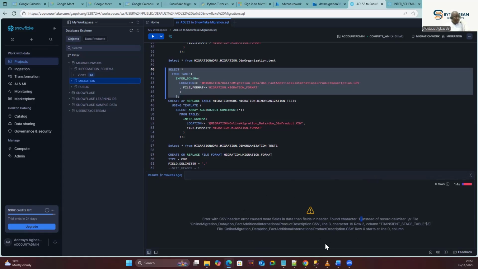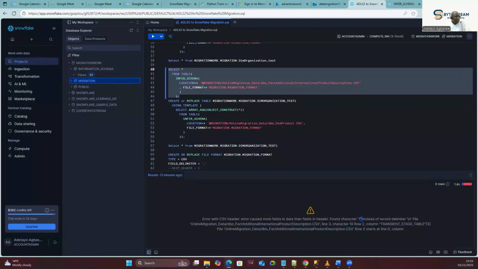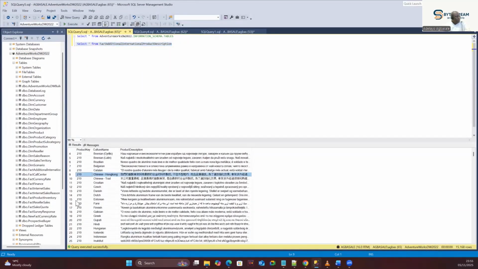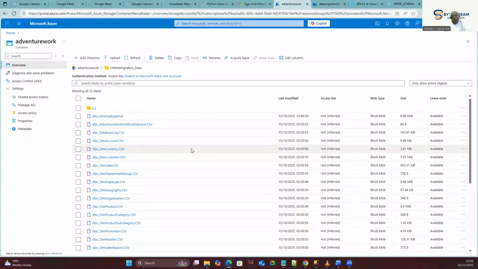So if you try to open the file, you can't open the file, but we can just query it. On the 18th row, 19th row, somewhere around here, it's finding another character instead of the delimiter. But if you try to open it, because of the size of the file,